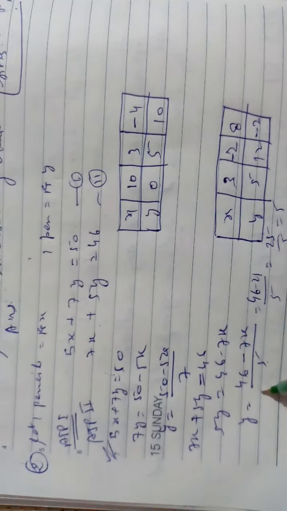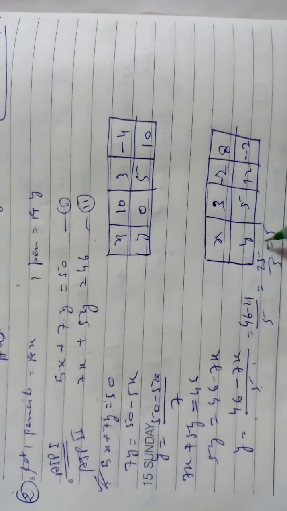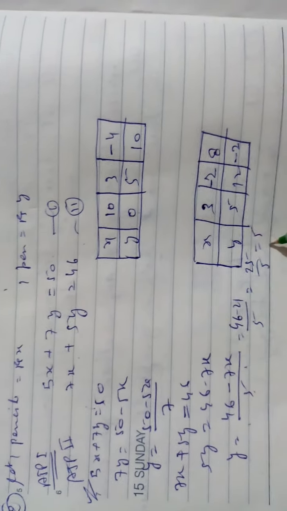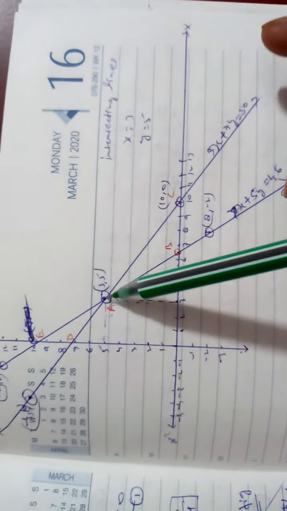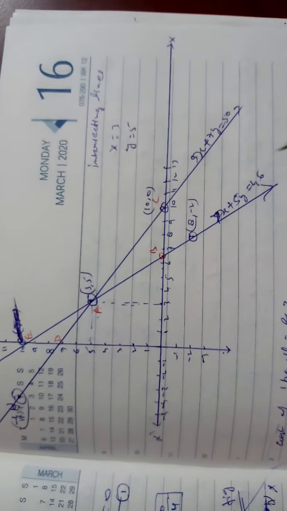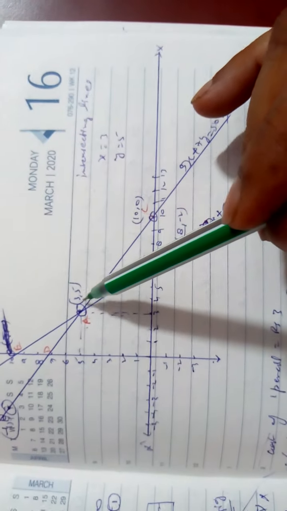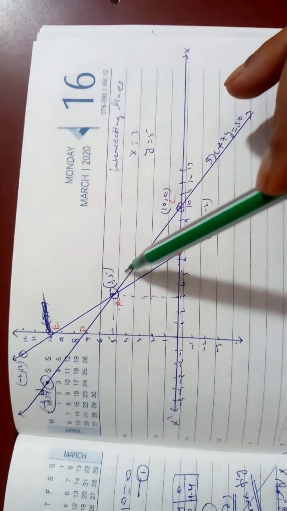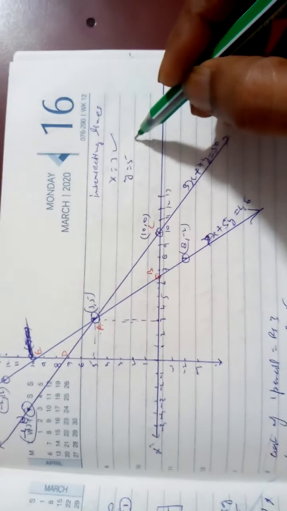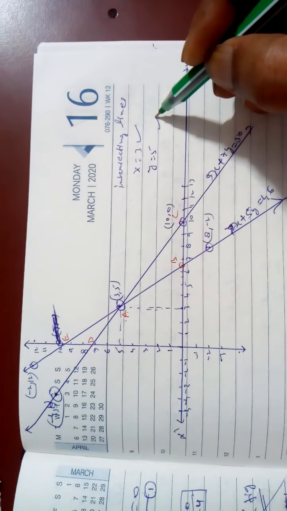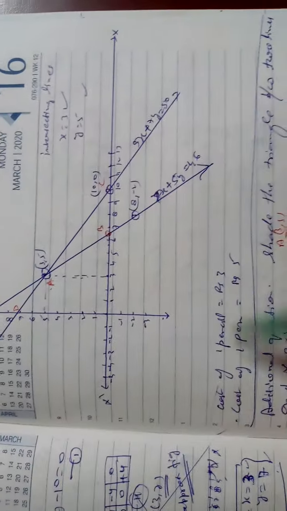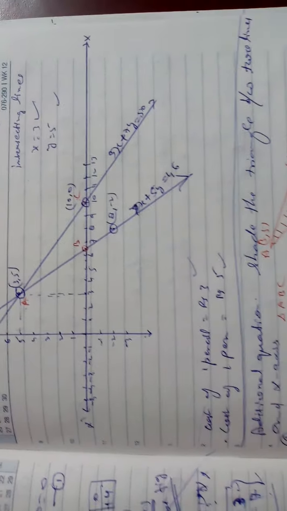Second equation also, you change y in terms of x, then put the values according to solving, not getting decimals. And here I have drawn the graph, x-axis and y-axis. Here you are getting it intersecting at 3 comma 5. It means its answer is 3. So your answer is x equal to 3, y equal to 5. Intersecting lines, and x is the cost of a pencil and y is the cost of a pen.